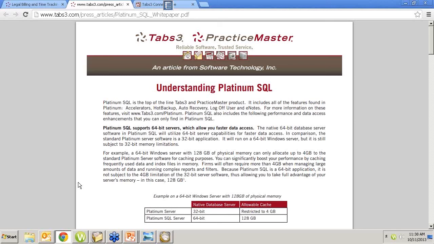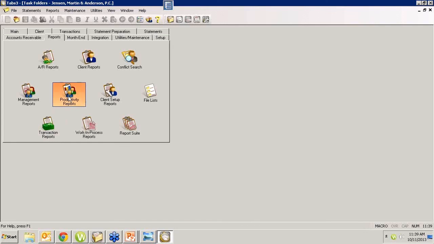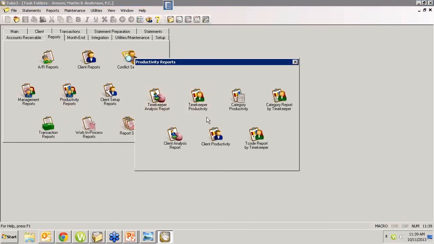If you do not know what I'm talking about when I say external data connections, then you probably don't use them. If you've never heard the term ODBC driver, then you probably don't use them. If reports to you means going here and clicking a button within tabs, and that's the only way you ever get information out of tabs, then you're probably not using any external reporting capabilities. We do have the ability to do that, and we've actually had webinars and even virtual user group meetings